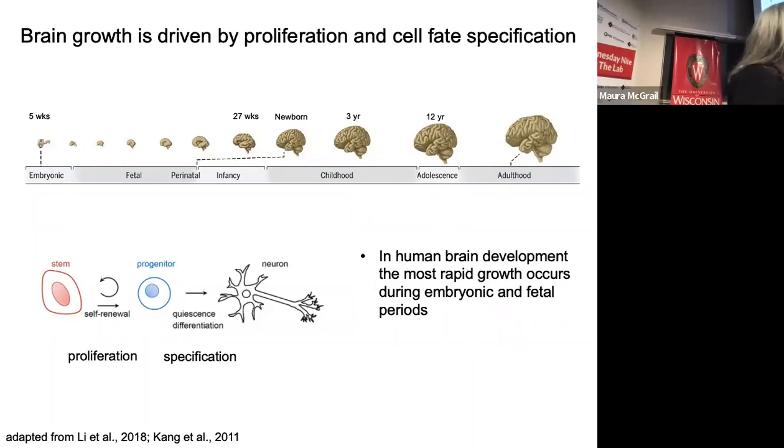And it's clear that in human brain development, the most profound or rapid stage of development occurs from the embryonic to the fetal period. And after that, brain growth slows down dramatically. And so in order to think about how brain development occurs properly, there must be some control of the ability of cells to proliferate and then undergo this process of generating neurons of a specific cell type through specification and